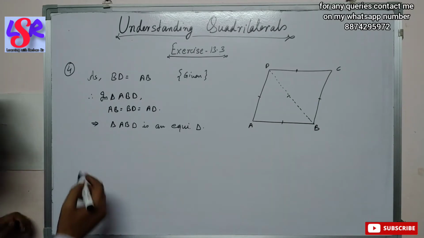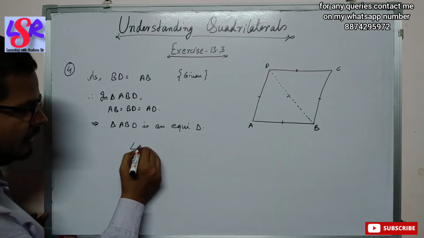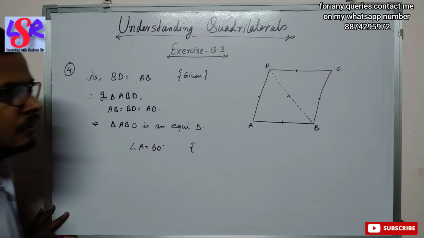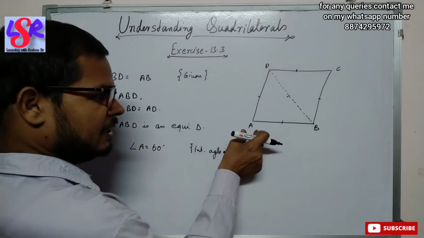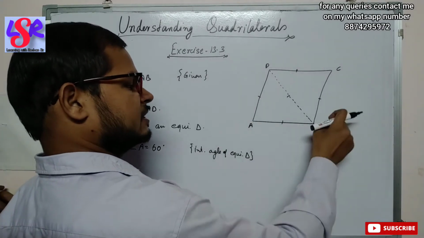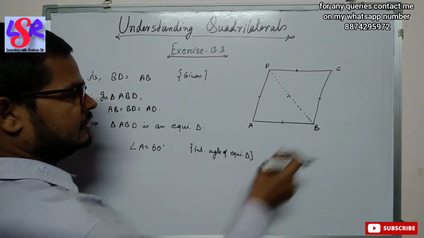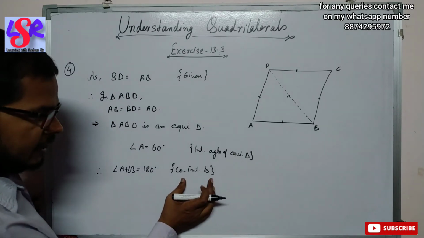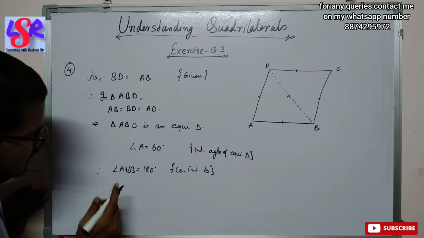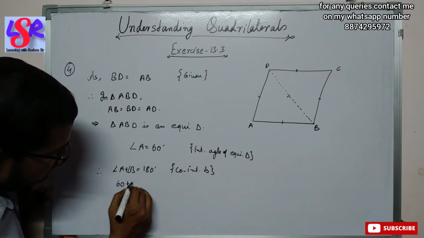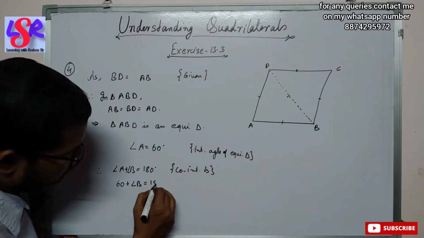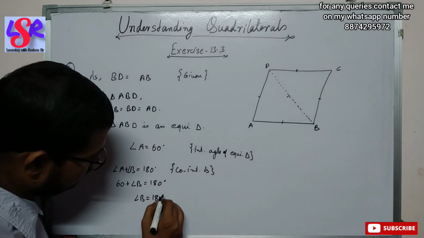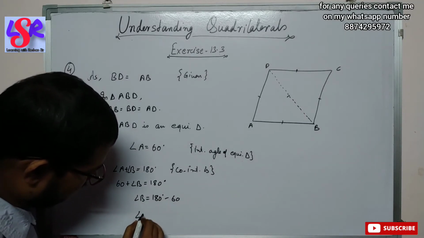And as this is an equilateral triangle, the angle A will be equal to 60 degrees as the interior angle of an equilateral triangle. Angle A and B will have the sum of 180 degrees by co-interior angles. And here we get angle A plus B equals 180 degrees by co-interior angles. Now we can place the value of A over here as 60. 60 plus angle B equals 180 degrees. And we get angle B equals 180 degrees minus 60. That is, angle B equals